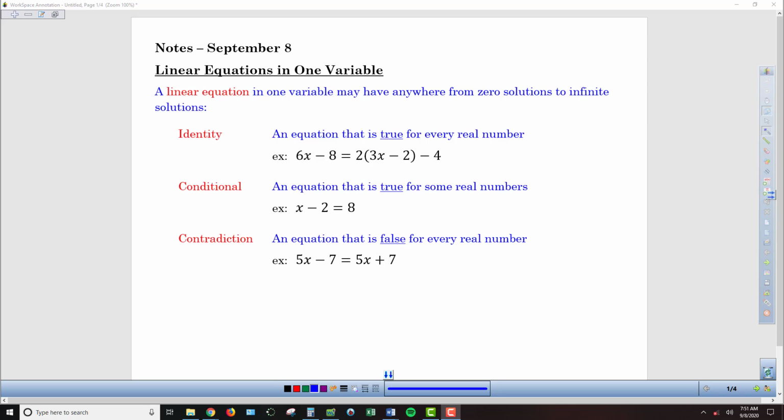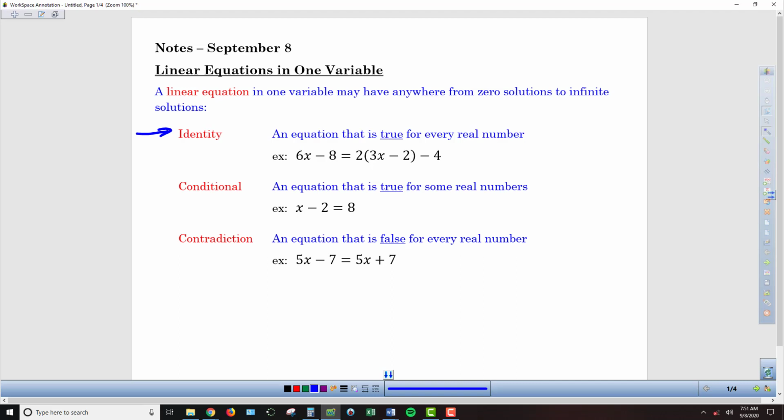The focus here is on linear equations. These are equations with one variable for now that can basically fall into three categories. We can have what's called an identity, which is where the two sides of the equation end up just equaling